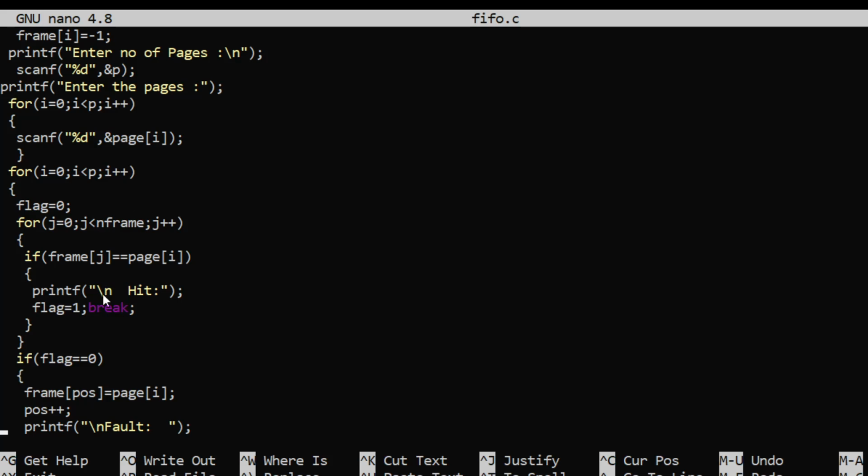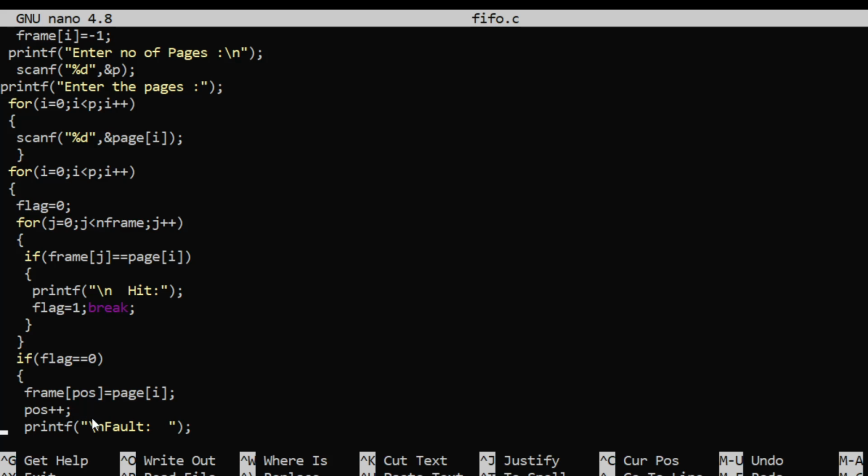The initial value is 0, so at the starting point, the first page content will be placed at frame 1, and as per array convention you can say frame 0, so that's why this part. And for the next page content, we have to move the location from frame 0 to frame 1, so that's why we are incrementing the variable pos here.